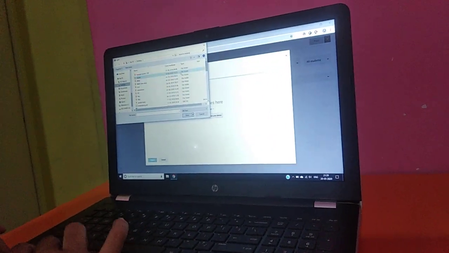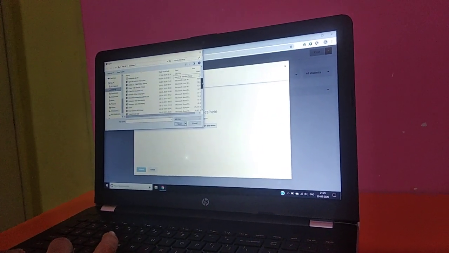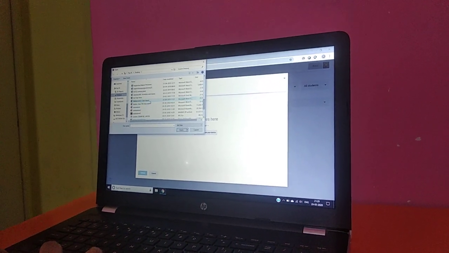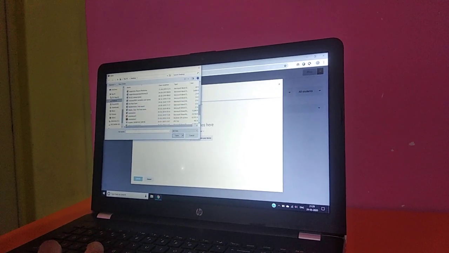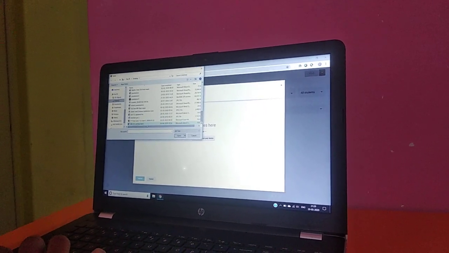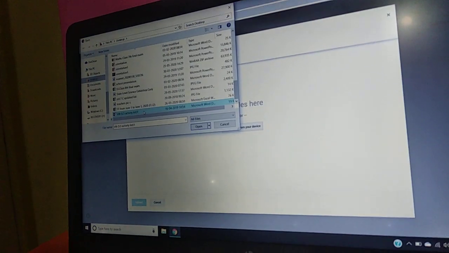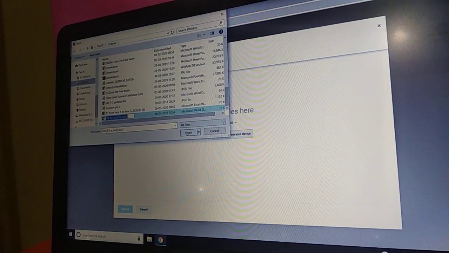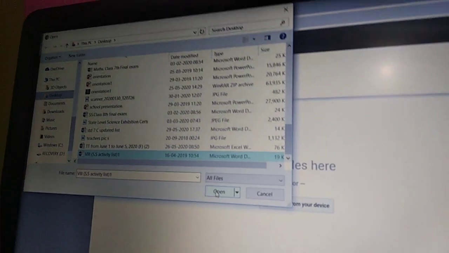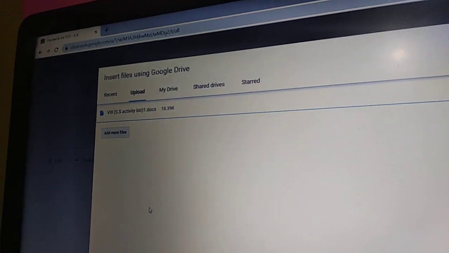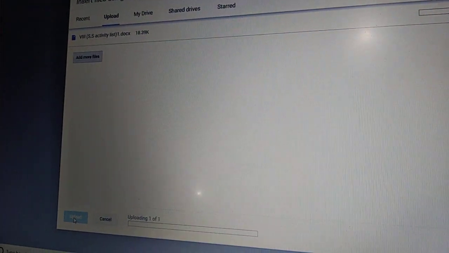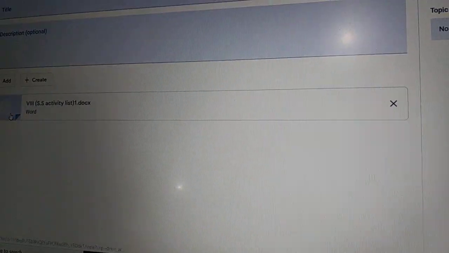Say for example this is the pic or a file which I need to upload. Open it. The file is uploaded here, and the moment I upload it, it will come straight away here.